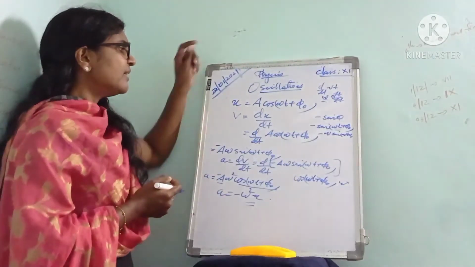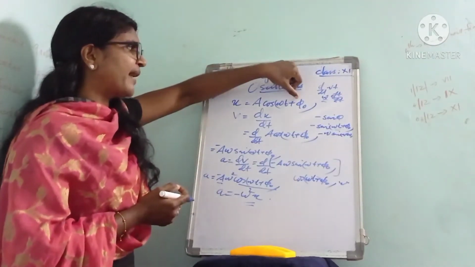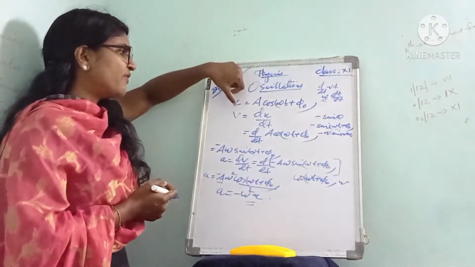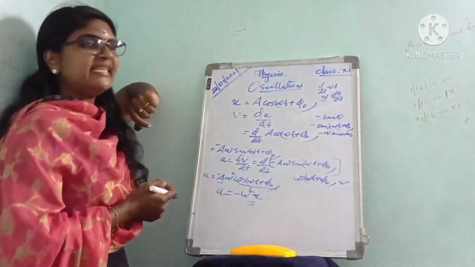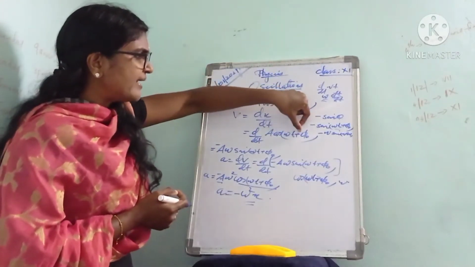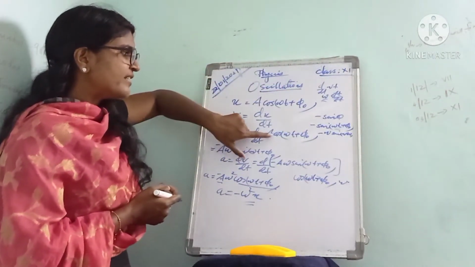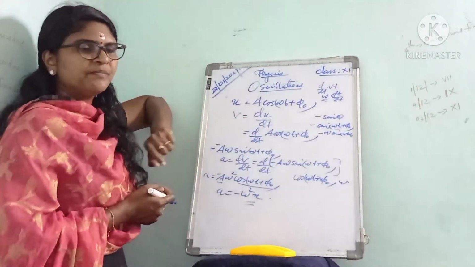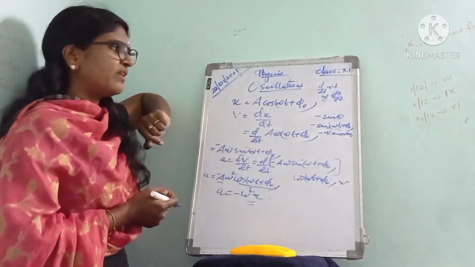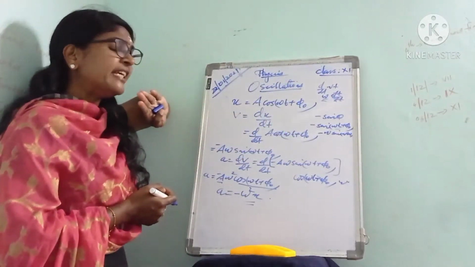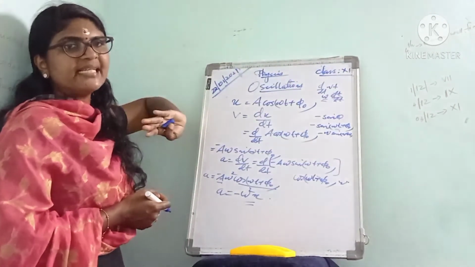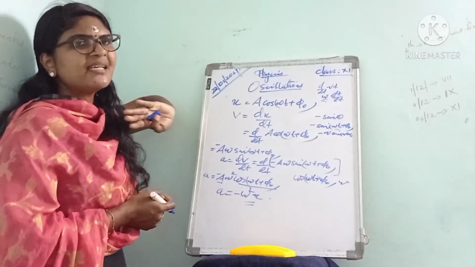Here we have the displacement x equal to A cos(omega t plus phi 0). From the displacement, first we can calculate the velocity. So velocity v equal to dx by dt, rate of change of displacement. Then instead of x, we substitute A cos(omega t plus phi 0). A is constant, that is taken out, so we have to differentiate cos(omega t plus phi 0). All of you know the differentiation of cos theta is minus sin theta.